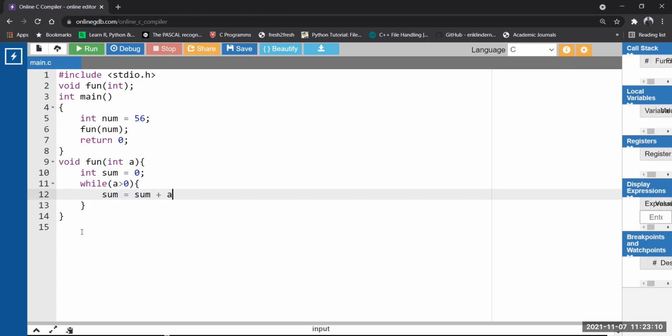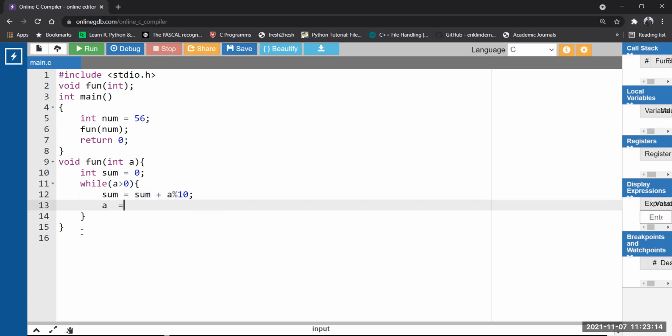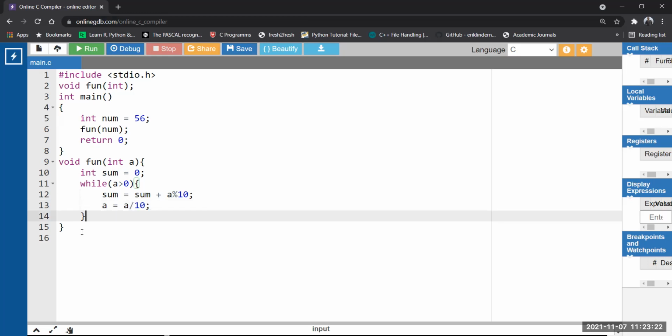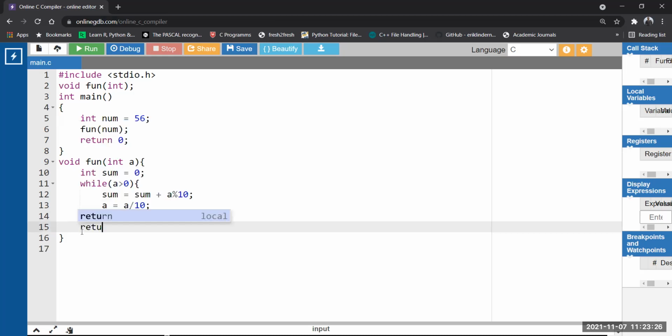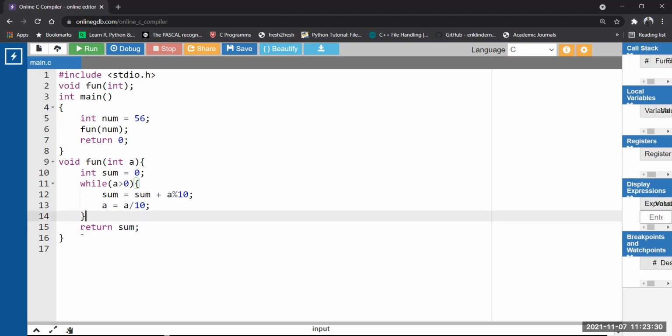So get the remainder here, and update the number a equal to a by 10. So the quotient part will be saved here. Okay, so now let's try to return. What will happen now? It is a void function. Let's try to return sum. We'll see the error definitely.